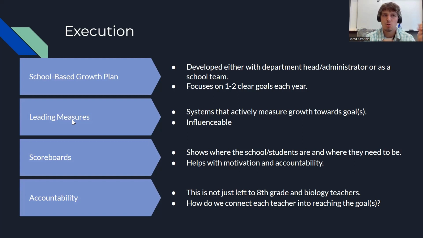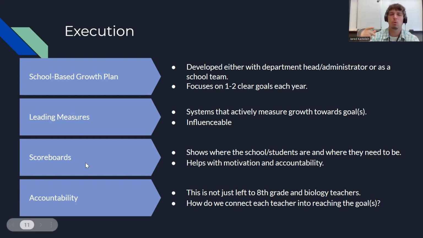I talked about leading measures. How are we constantly tracking our students' progress to make sure that they're successful? An example of a lead measure for a goal was attendance. Then you have a board that has an attendance competition where students are getting points for being at school and at class on time, and that attendance shows them, hey, I am progressing to being here so I can be more successful. And that would be an example of a scoreboard.